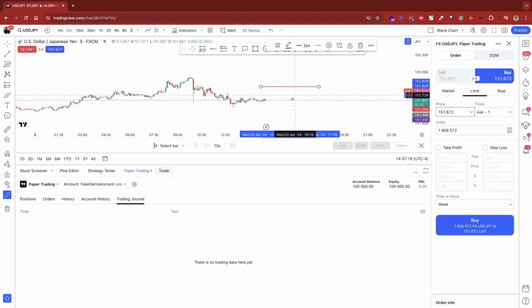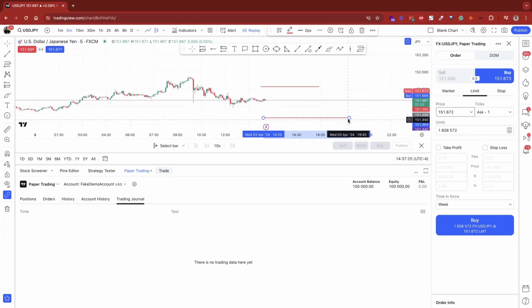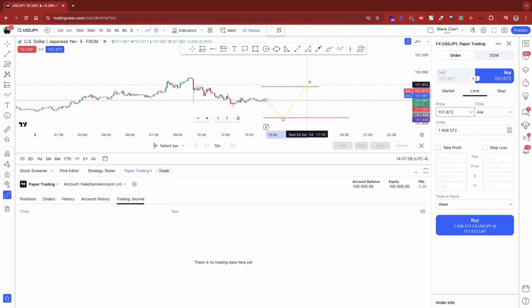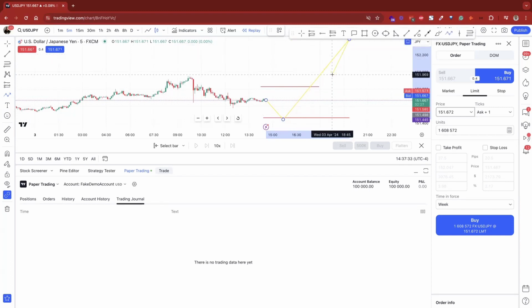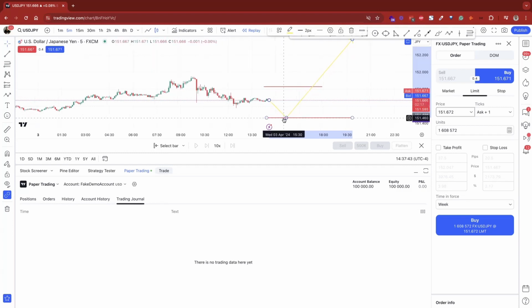A buy limit says, put me into a buy, but only put me into a buy if it comes lower. So what you're predicting is that the market is going to go down first and then it's going to go up. You ever heard somebody say buy low? That's pretty much what a buy limit allows you to do. You put in an order and it's only going to put you in if the market comes down to this price, 151.46. And you will put that in right here,